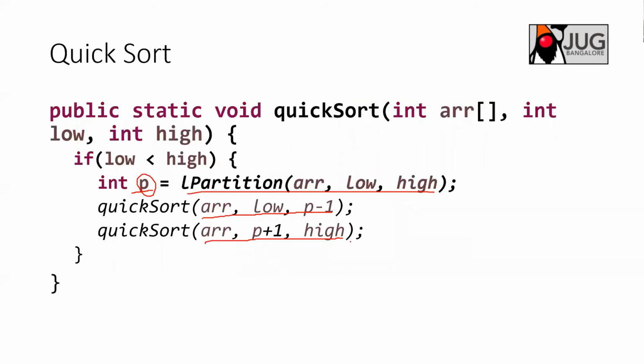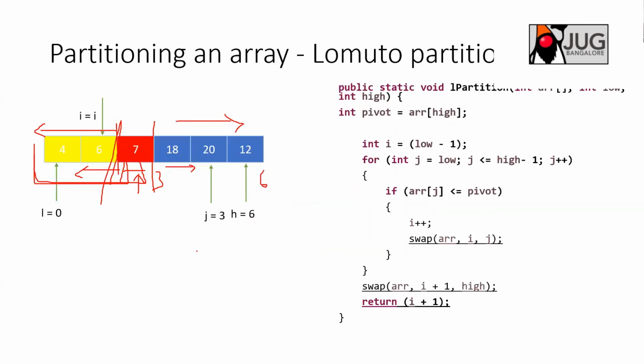Position plus 1 to high, not pure, I'm sorry, it is position actually. This is position plus 1 to high. So that is what I'm doing. This is again being called recursively. So you again go further down and take some pivot here and then further divide this array, and you go.